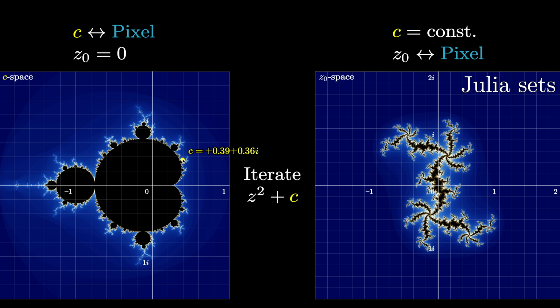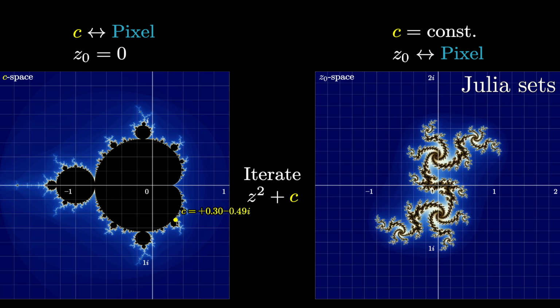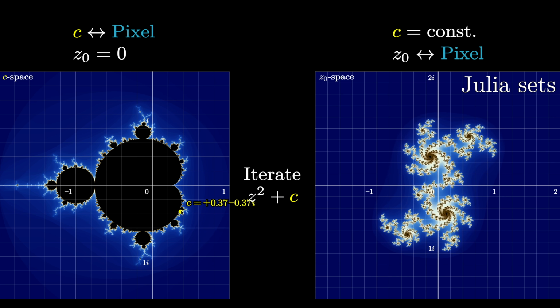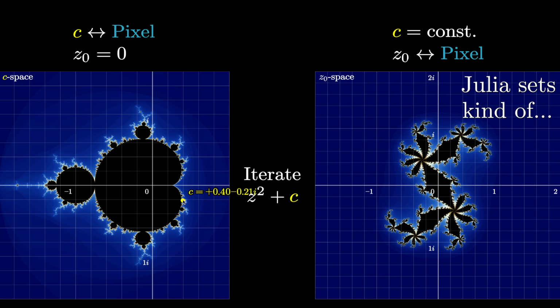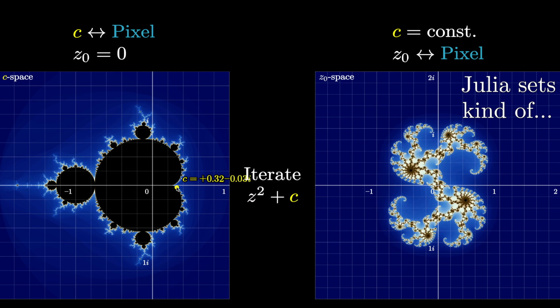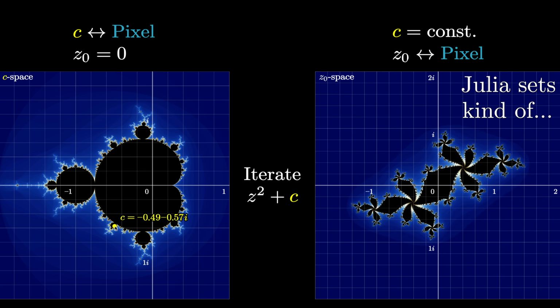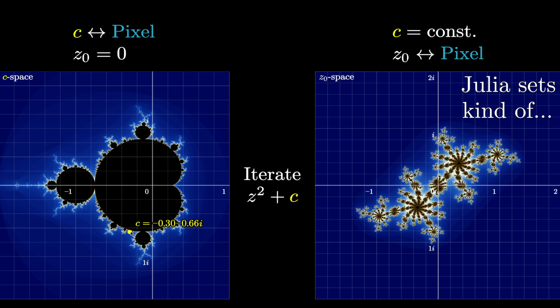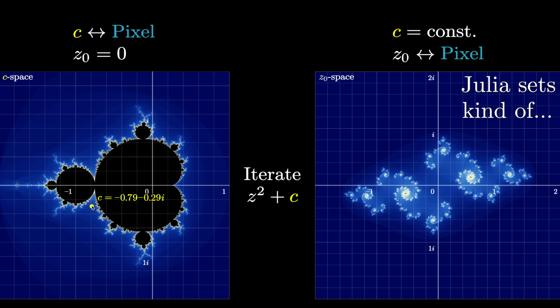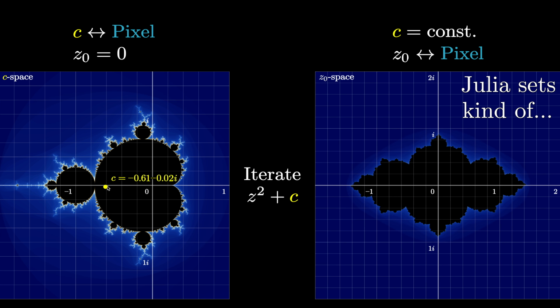You'll often hear or read the images on the right being referred to as Julia sets or Julia fractals. And when I first learned about all this stuff, I'll admit that I kind of was left with the misconception that this is what the term Julia set refers to, specifically the z squared plus c case, and moreover that it's referring to the black region on the inside. However, the term Julia set has a much more general definition, and it would refer just to the boundaries of these regions, not the interior.